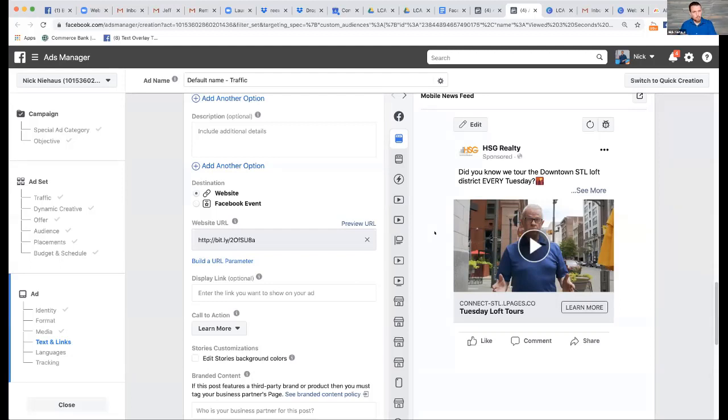And then you put stuff like this in front of them. This isn't even that aggressive of an ad, right? This is just a, hey, come on my tour. But if somebody shows up on that tour, they're probably hiring you, right? Like that's just the reality. They've seen you for a while. If they go out of their way to come on your tour, there's a good chance, unless they already have an agent, that they're going to sign up to work with you. So I really like this kind of advertising.